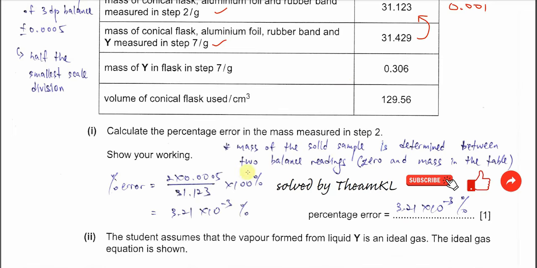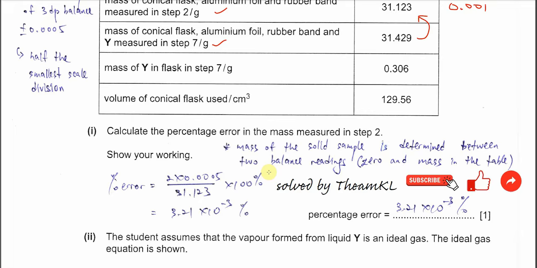Why? Because when we get the mass reading, we will tare and make sure it's 0 before we get the mass that we want. So after we tare the electronic balance, it shows, let's say,